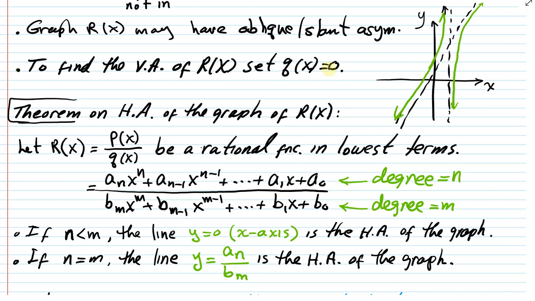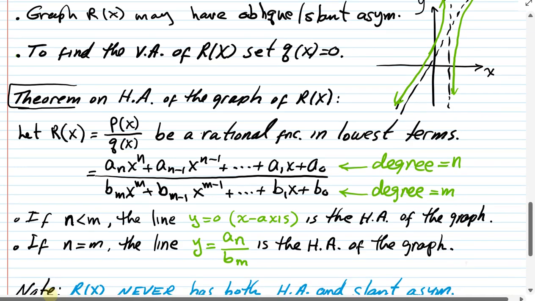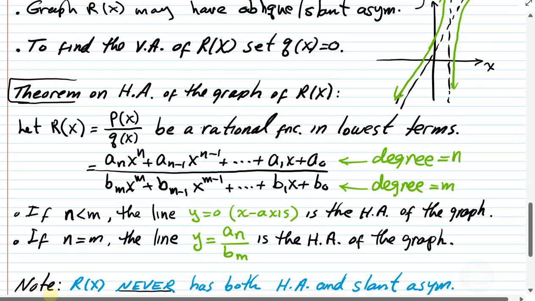And if the two degrees are equal, then the line equal to the ratio of leading coefficients is going to be the horizontal asymptote of the graph. Okay, now this theorem actually has another part which finds these slant asymptotes and other types of asymptotes, but I'm just going to focus on these two portions of the theorem for our work. Okay, now